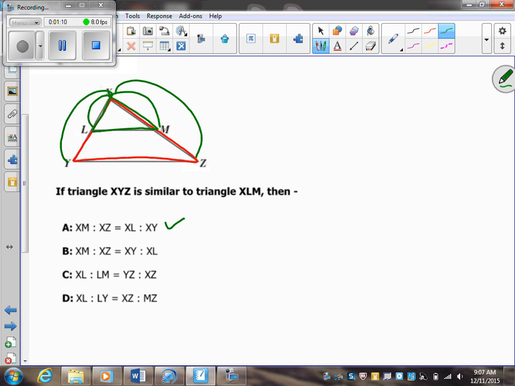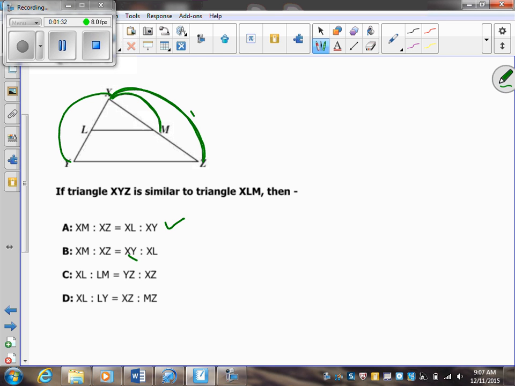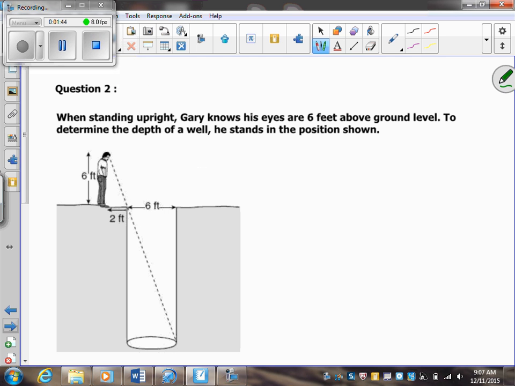The next one they gave you, let me erase this so that we can easily see it. It says XM over XZ. So we start from the small to the big. Then the next one says XY. See how this one starts from the big? That's why it cannot be the same, because if you start from the smaller triangle over the big triangle, then the next ratio also has to be small triangle versus big triangle. All right, number two